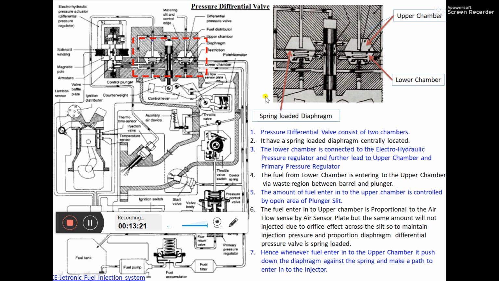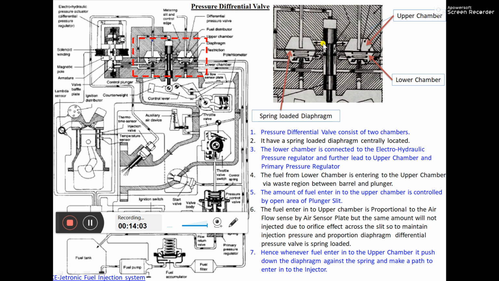And as we know, the injectors of KE Jetronic and K Jetronic also have a spring equipped inside, and that spring opens at a specified pressure only. If pressure falls in the line, the injector definitely stops injecting, and this is a continuous injection system. KE and K injection systems are both continuous injection systems. So whenever a pressure drop takes place across this slit, to maintain the pressure in the line we have to regain that loss of pressure across the slit opening.